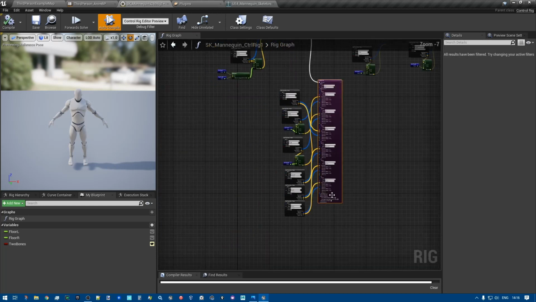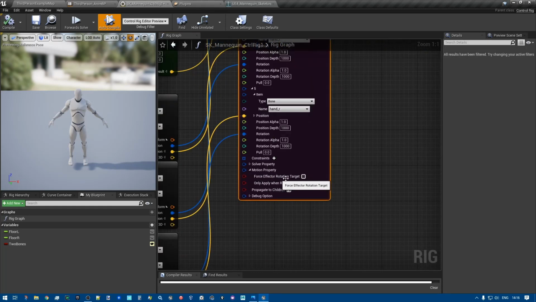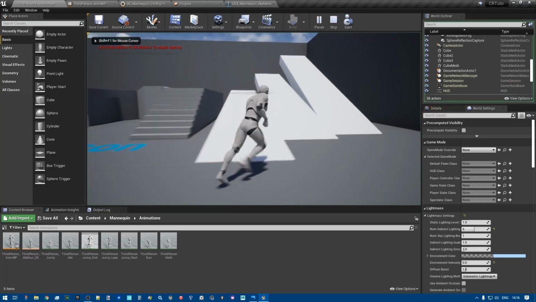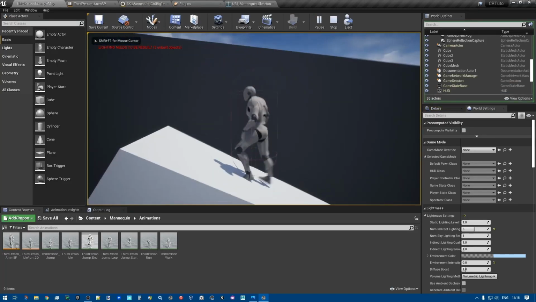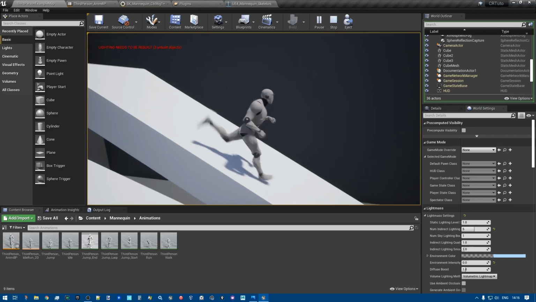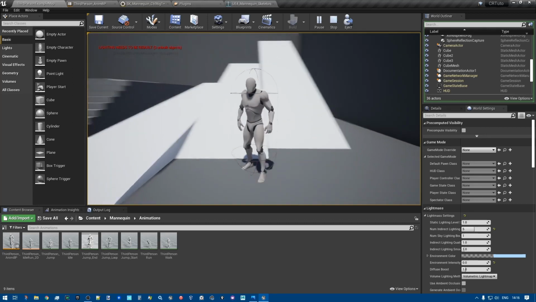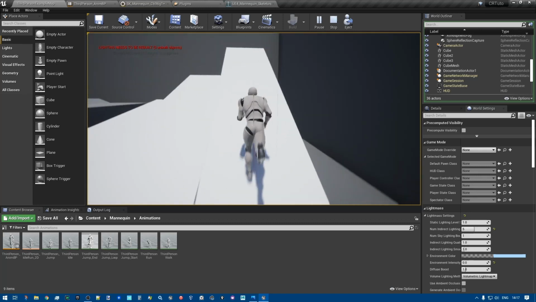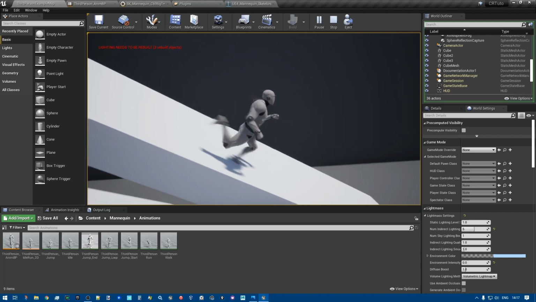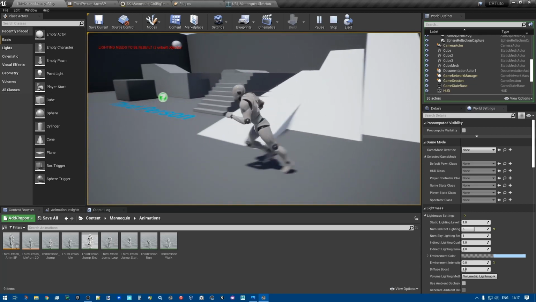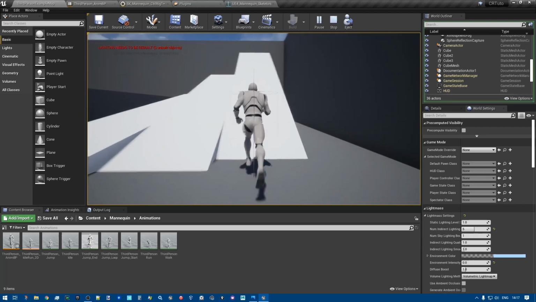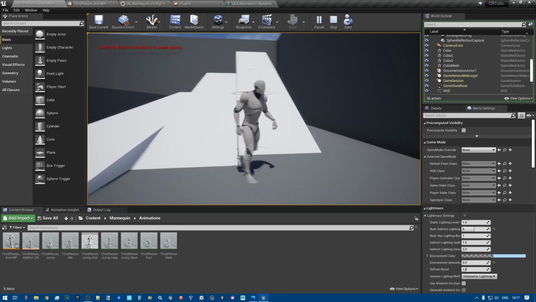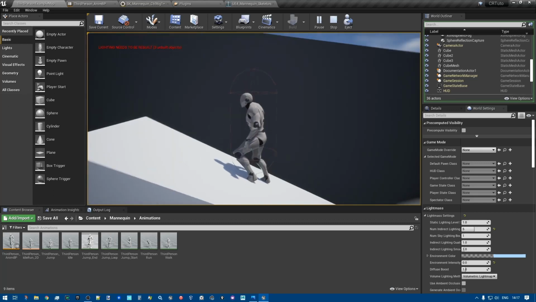And now we disabled the force, but if we run here, it works pretty well. You see? And I found that it kind of looks better this way. Maybe for this character it's a little bit too much to use full body IK just for the legs, but